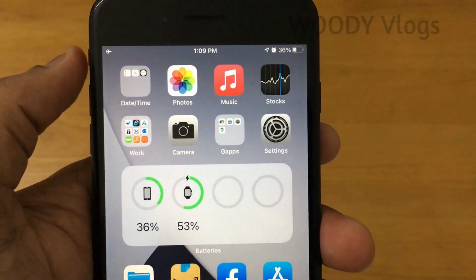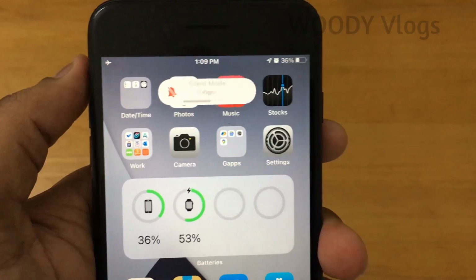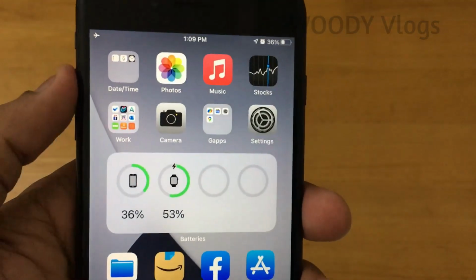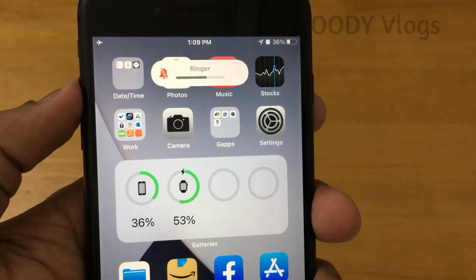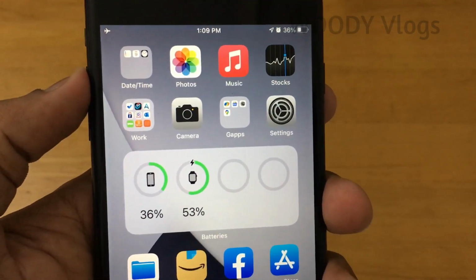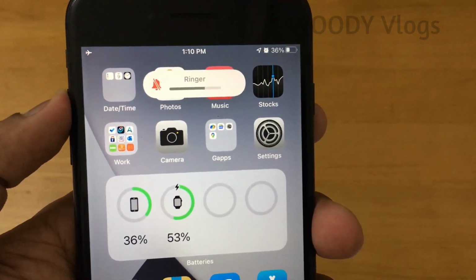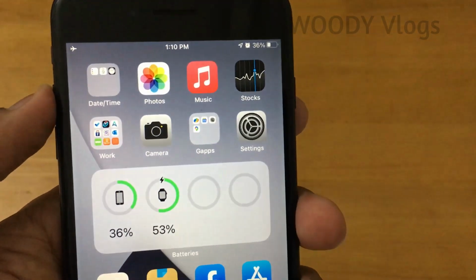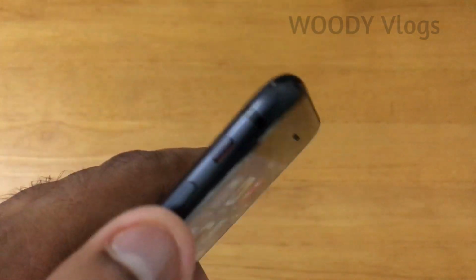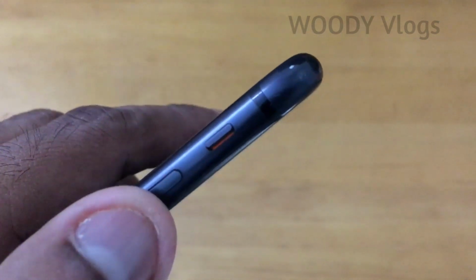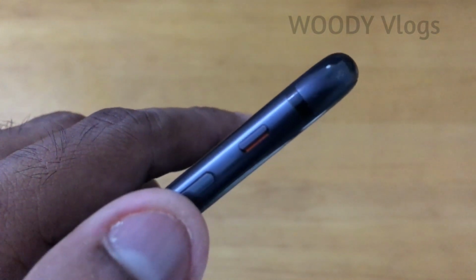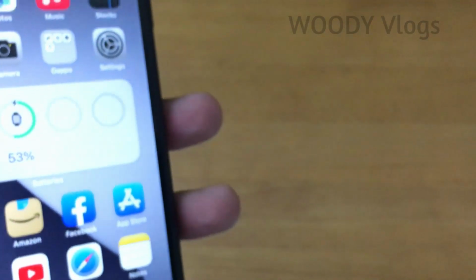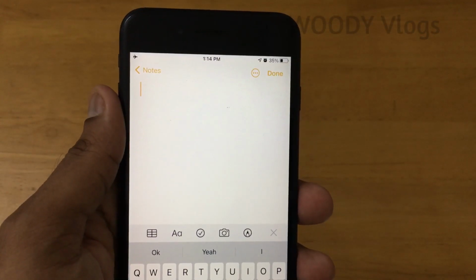Now you can see it's in the ringing mode. Now for some reason, if you're in the silent mode and try to increase your ringing volume, then also you get a small haptic feedback and then it shows a notification that you're trying to increase your phone's ringing volume when it's actually in silent. Do give this feature a try. It's a really good one and it will help you when you want to make your phone go silent really quick.